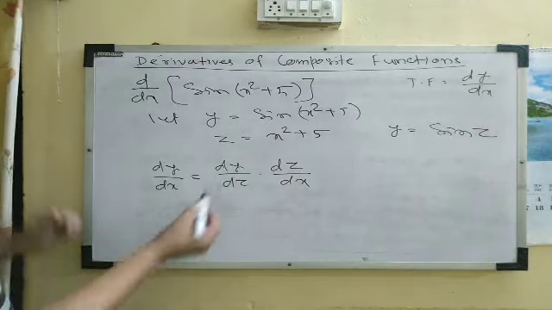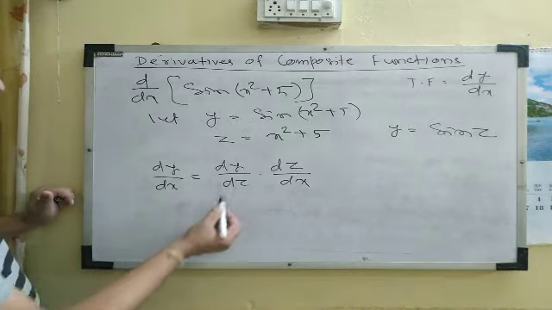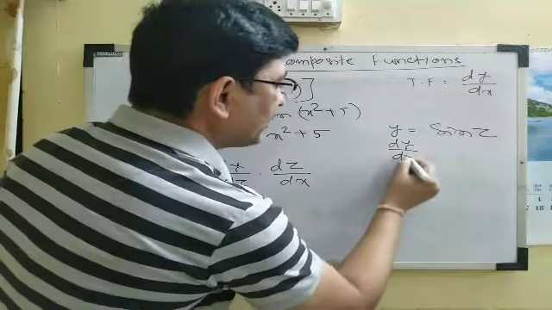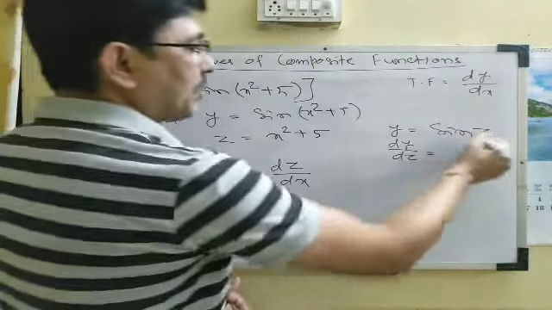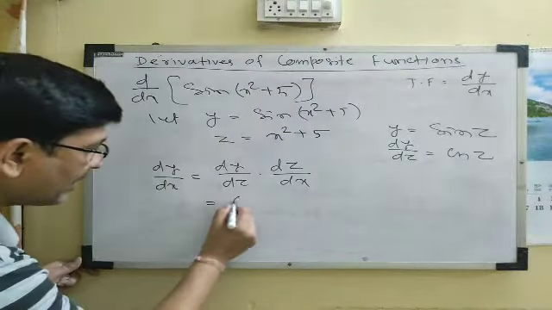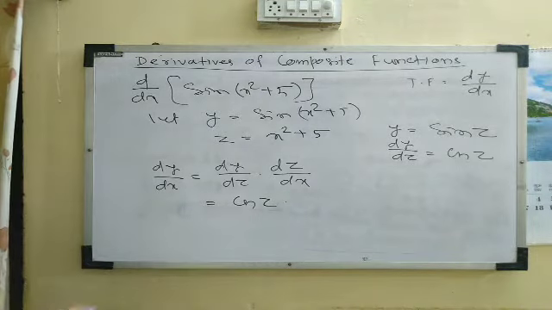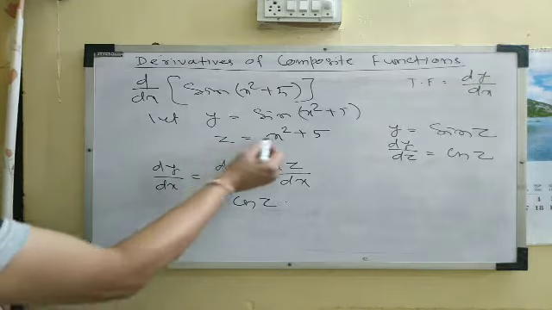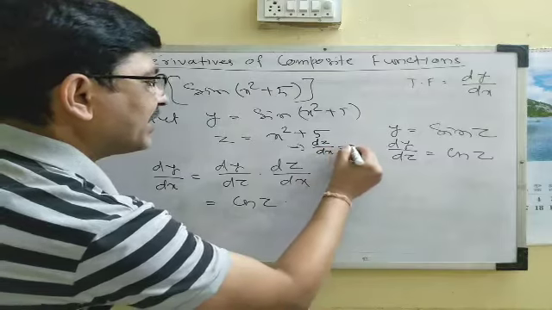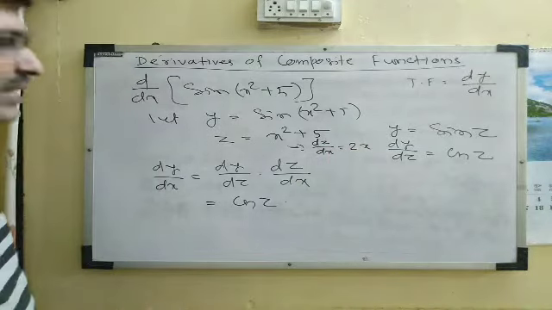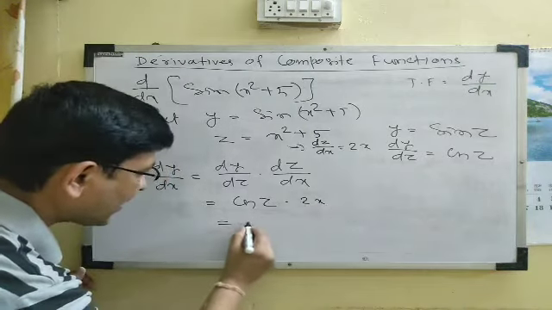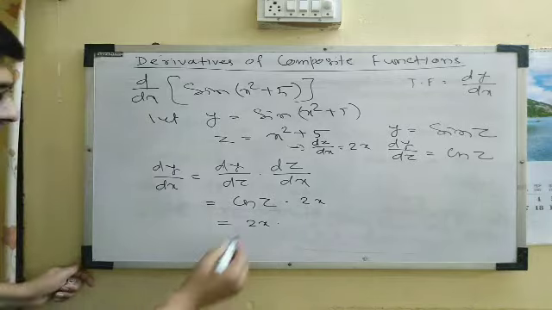Okay, so now what is the value of dy by dz? कहाँ से मिलेगा ये? Now here you can see y is equal to sin z. So can you find dy by dz here? If y is equal to sin z, then dy by dz is equal to cos z. So in place of dy by dz, we can write cos z into dz by dx. कहाँ से मिलेगा? ये z is equal to x square plus 5, which implies that dz by dx is the derivative of x square plus 5 with respect to x, which is 2x. So the same can be written as 2x multiplied by cos z,